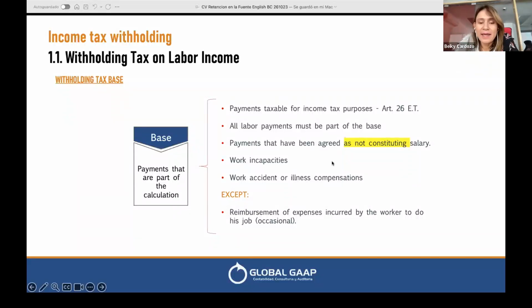But what will you take into account? All the payments that I already mentioned that are salary, the payments that you have agreed on that are not part of your salary, incapacities, work accidents, or compensations for sickness day. All of that will be part of the income, but it will be deducted further down in these, how do you call it, in this line of like your income and all the different deductions, and